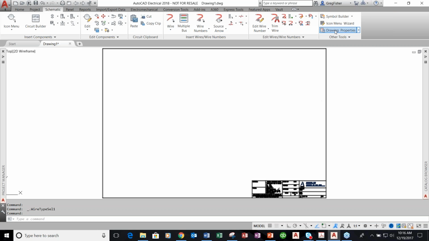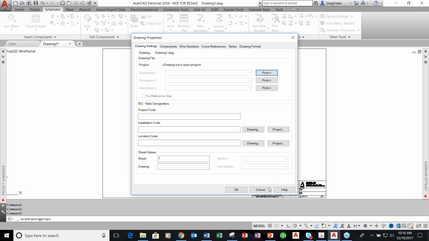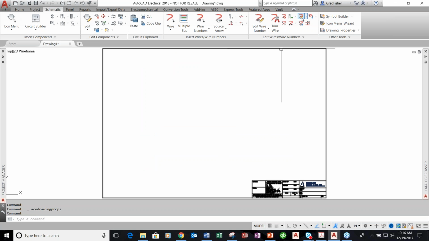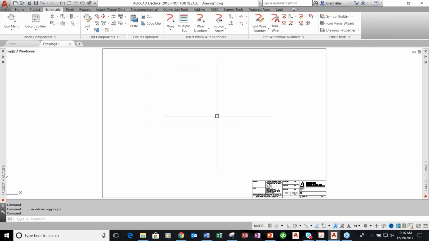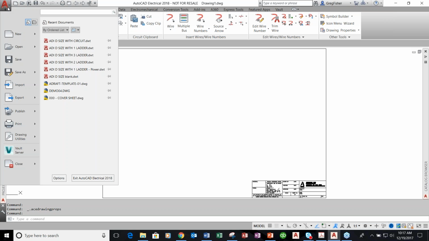So now I've got drawing properties built into this with all my company standards. I've got wire types built into this. I'm going to show you some examples where I've created templates where the reference numbers are already in place, where I have circuits already in place. You can build anything you want into a template. Now, the actual process of creating a template, like I said, easiest thing you'll ever do, go up to the